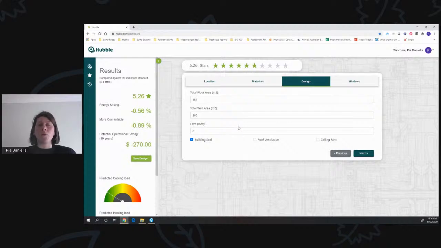So one thing when we're considering the design of a building is the overall sort of window area to the floor area and the wall area of the building. Windows, unless they're really high performing windows, so we're talking triple glazed high performance windows, windows are sort of considered holes in the walls. So single glazed windows, holes in the walls,